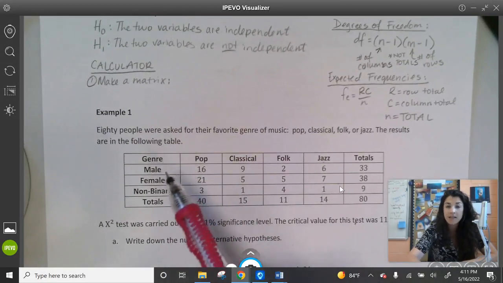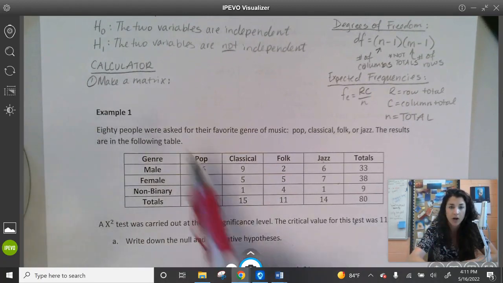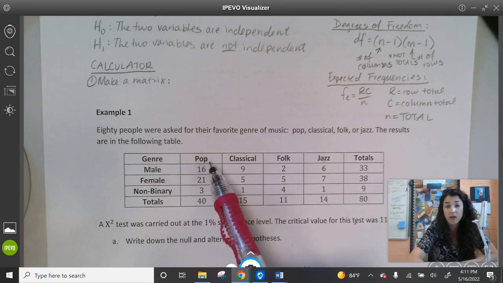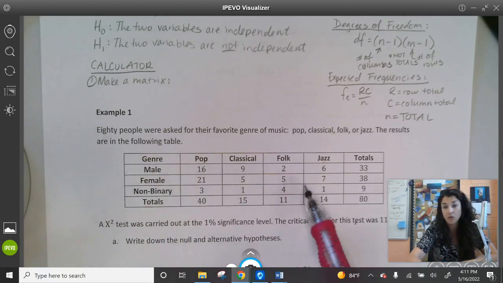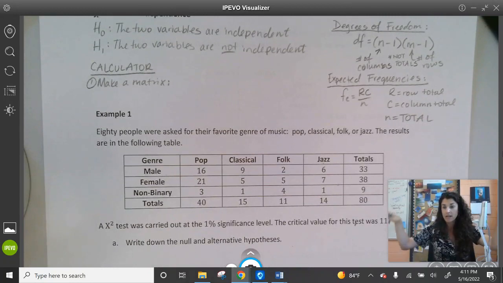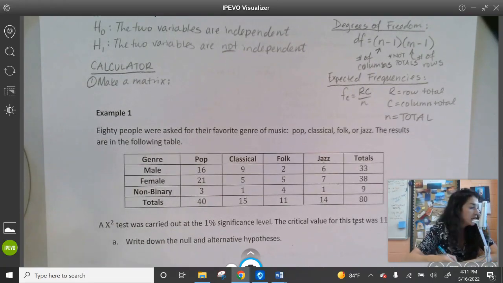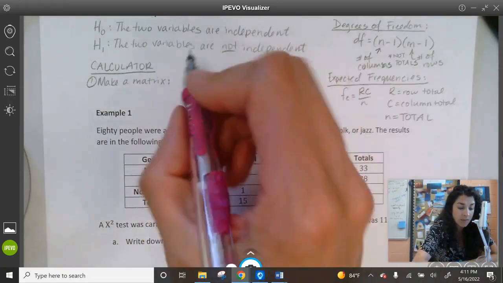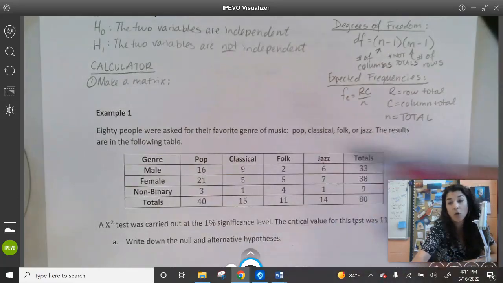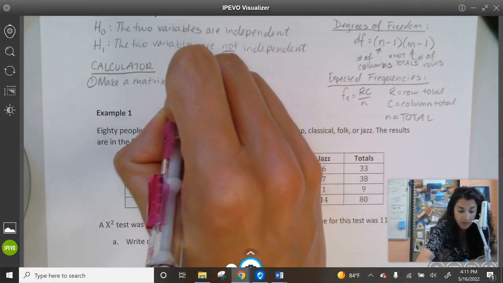It makes sense that if you're going into a population and you're going to write down who falls into what category, are you identifying as male who likes pop, female who likes folk, right? So you're just going in and saying, okay, this is where everybody goes. So obviously it's all observed. You would then have to go in and calculate expected later. So just keep in mind that the only matrix that you make is the observed, and it will always be given to you. Here are the steps: menu,